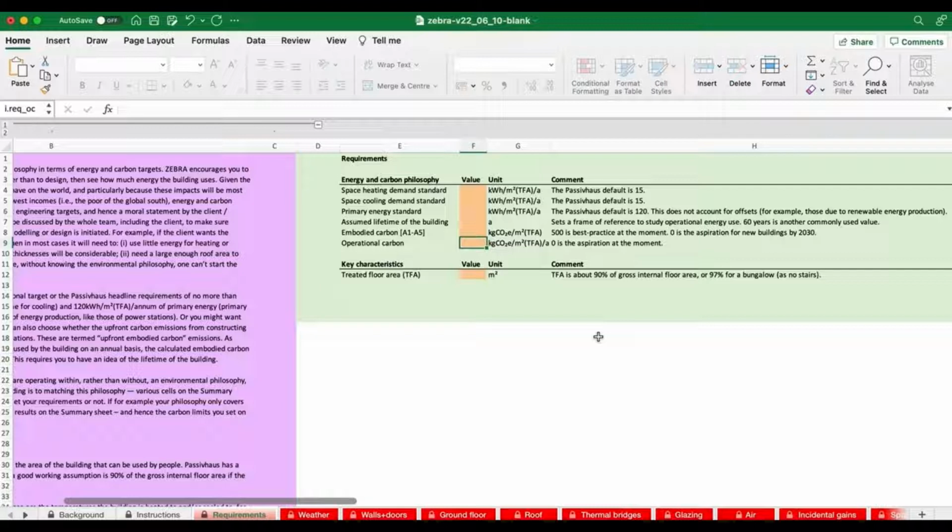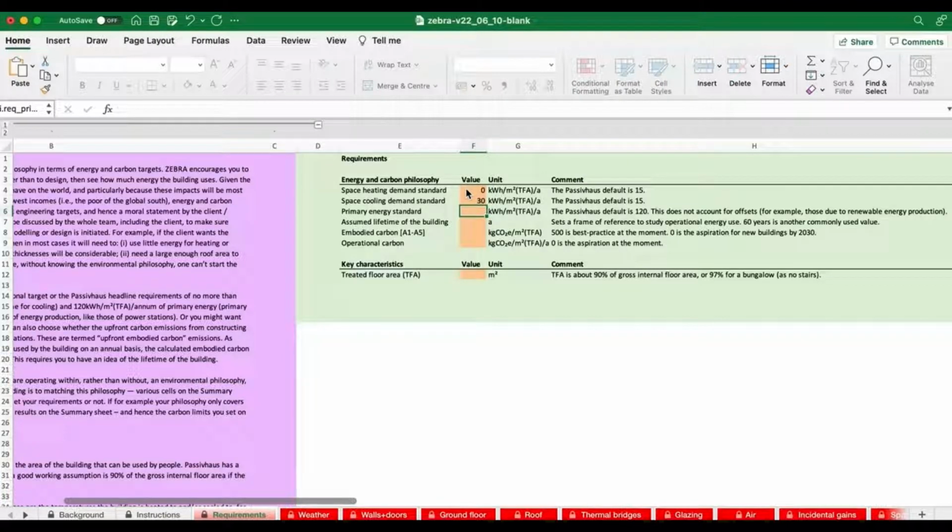passive house standard, or some greater value. Now, we're sitting in southern India, and we're going to assume that it's difficult to build a passive house. Probably none of the design team have done that. So we're going to double the default values used by the Passive House Institute. So we're going to assume zero heating, because we're in southern India. But for the others, we're going to use a space cooling demand of 30, so double what Passive House would suggest. We're going to have to then say what the primary energy standard is.